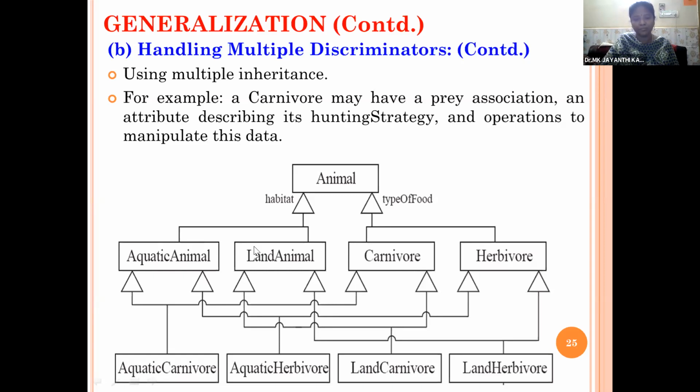So in that case, if you want to make the combination and matrix representation, we can go for the association as attribute describing the hunting strategy and operations, based on the habit as well as the type of food they are taking. If there is an overlapping, in the overlapping place we need to use the curved arrow.